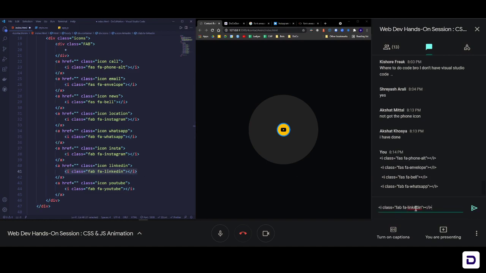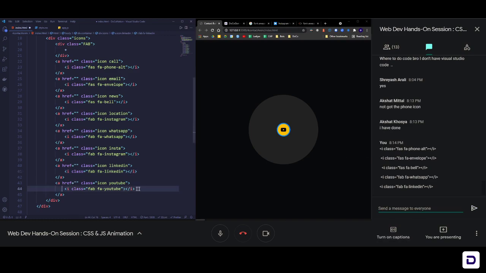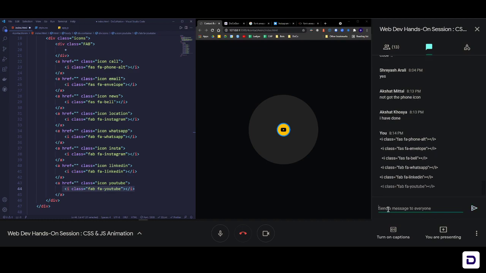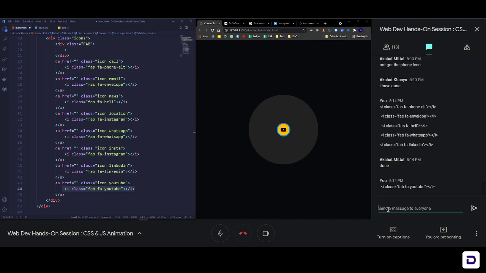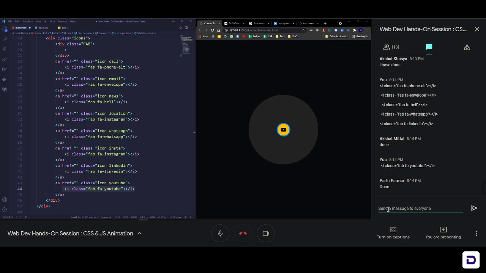Okay, so till now only Akshat has done it. Akshat Khosia has done it. What about others? Okay, Akshat Mittal also done. Great. I have dropped all the icons in the chat box so that it will be easy for you to get them. Okay. Great.